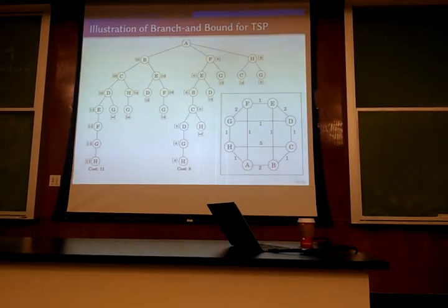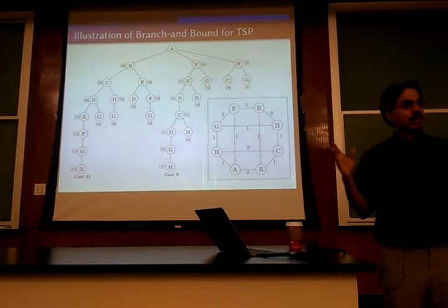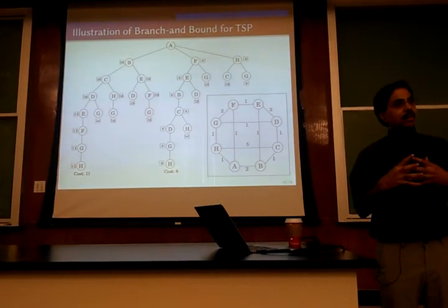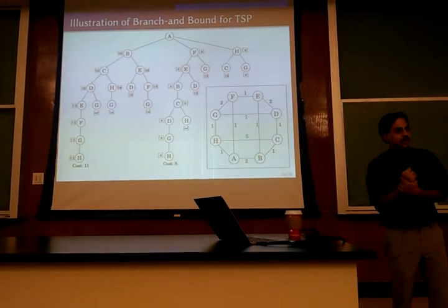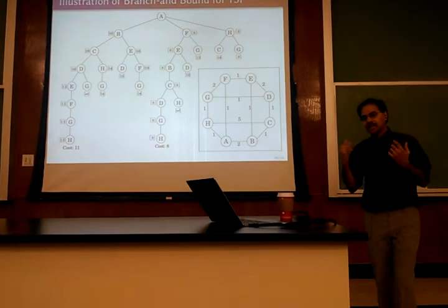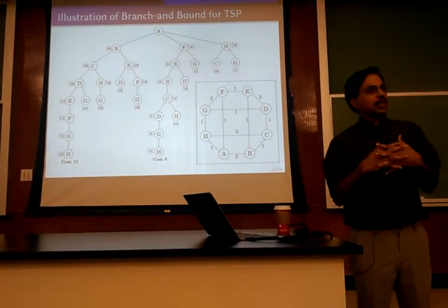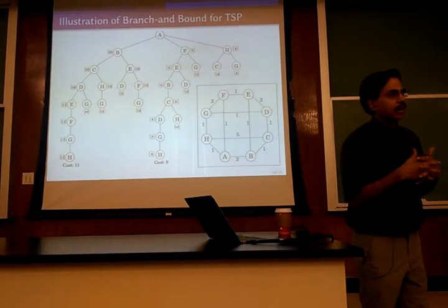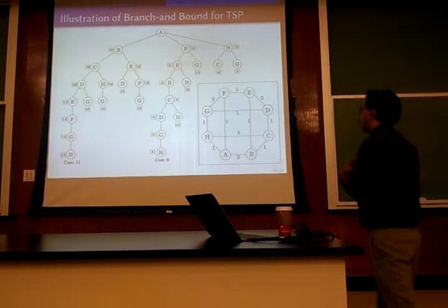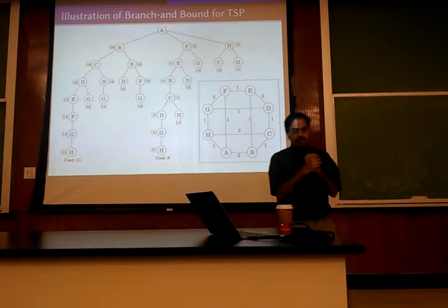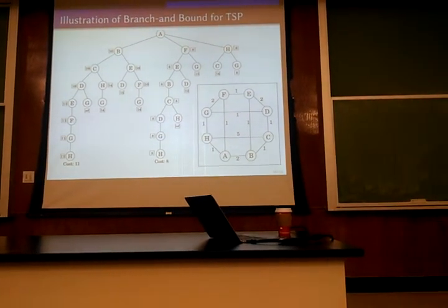So if some square has only, say, 2 unvisited neighbors, then maybe I better visit it now, because maybe in future I won't have an opportunity to visit it, right? So that's the kind of heuristic you might use, and that heuristic might allow you to come up with good solutions. So this is sort of the general approach for dealing with these sorts of search problems where the search